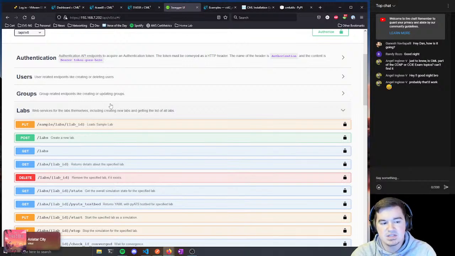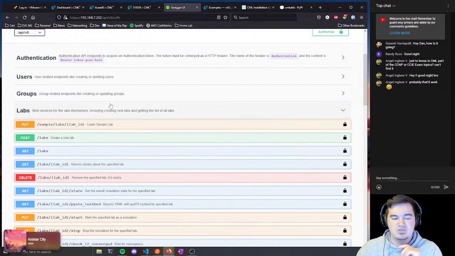And you can see it's not just that you have to have a pre-built lab. You literally can build a lab with the API all in itself. So pretty neat stuff. And there's obviously a bunch of things I didn't touch on,